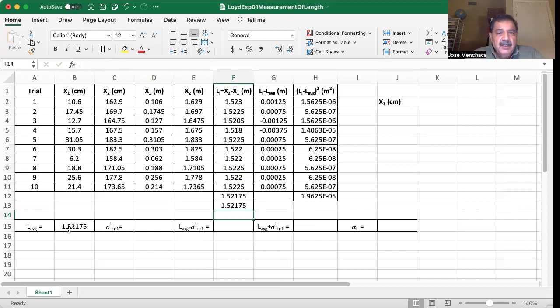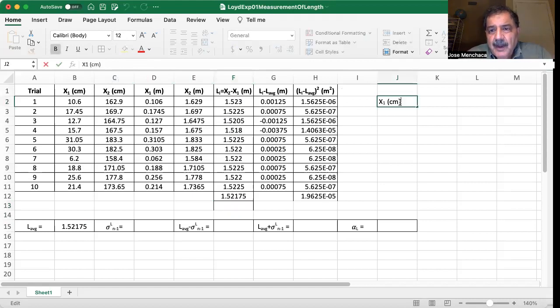Or you can use the average function: equals average, and then your start cell colon the end cell. Okay, I'm going to delete that, and then with these others, you just,